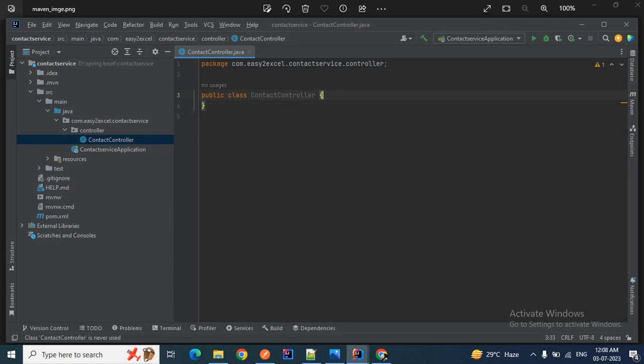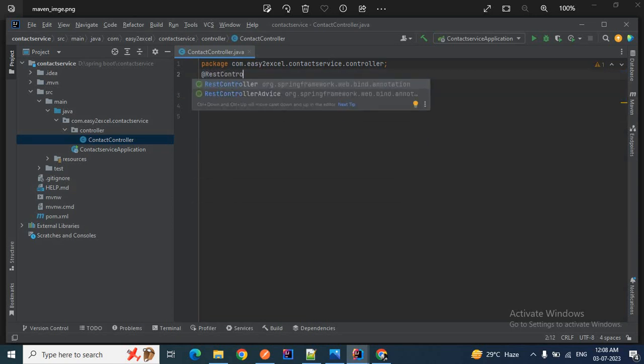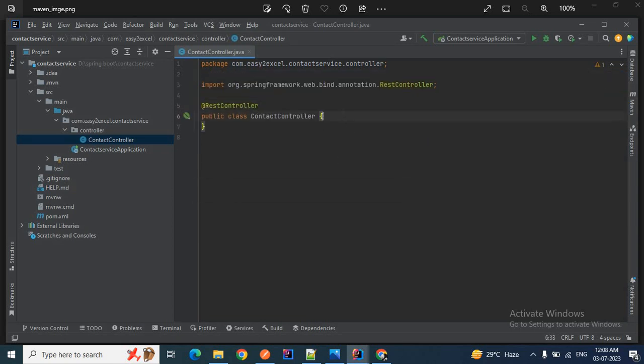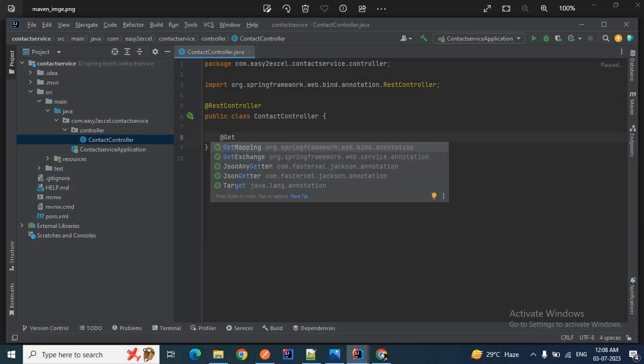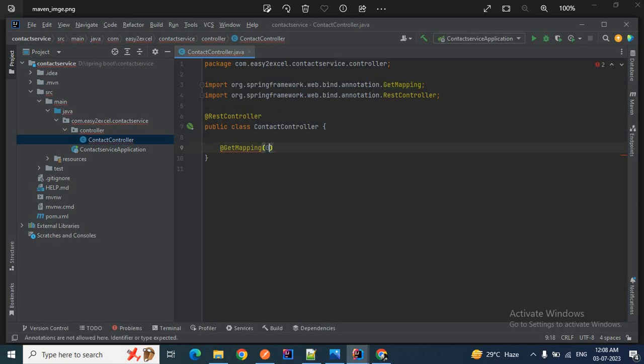So this is my ContactController. Let me annotate this class as @RestController. Clear? Now I'll create two mappings here. @GetMapping, and inside this I'll provide /contacts.